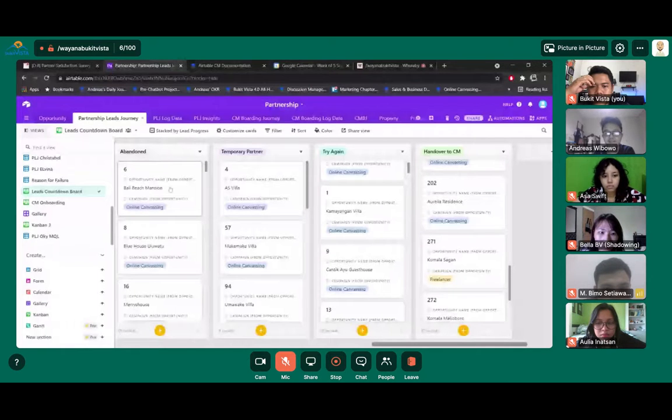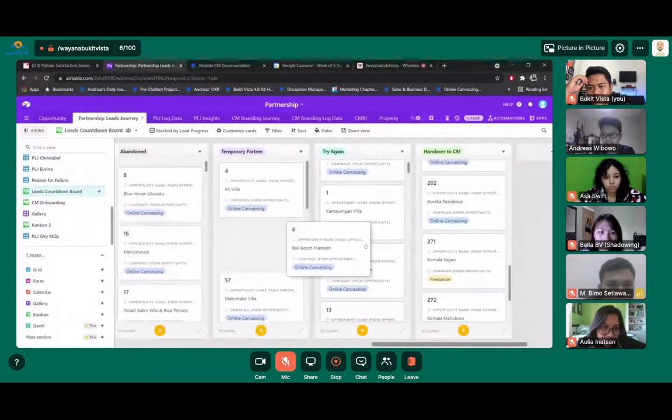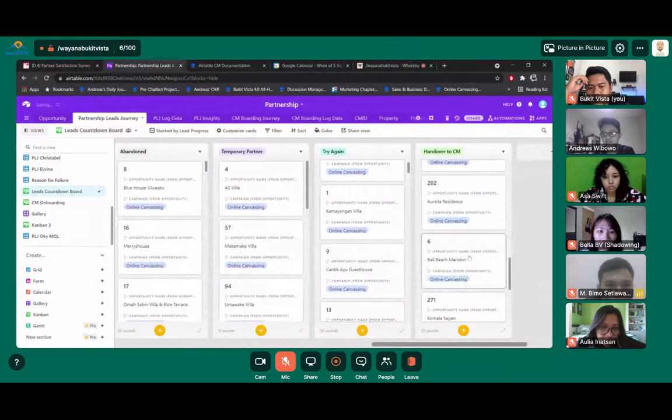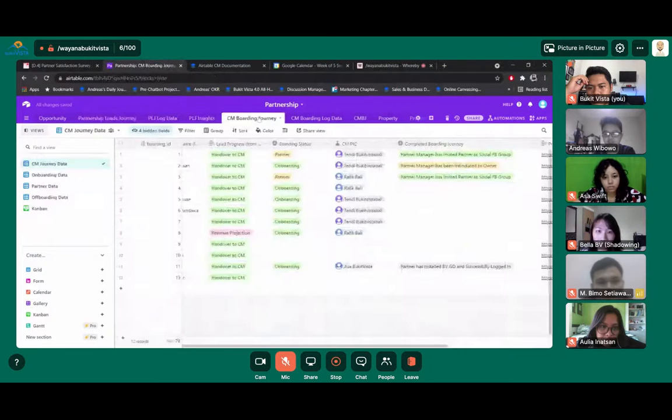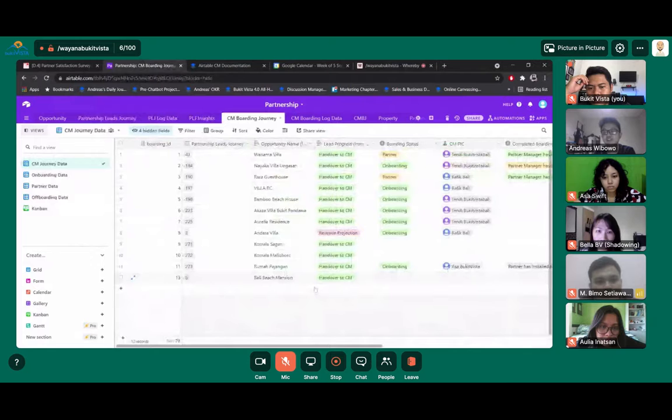Bali Beach Mansion is one of the abandoned, but supposing that it has already passed MOU signing, and BD wants to hand it over to CM, BD will do it as such. Now, because of this, the automation will allow Bali Beach Mansion to be in handover to CM automatically. So CM doesn't even need to look at the partnership journey.